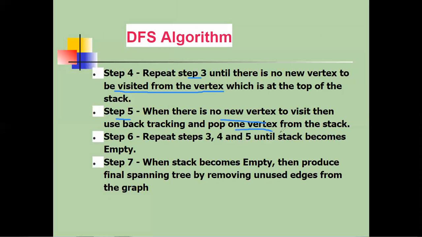Yes, this is a very important step when we are using a stack data structure. Suppose we took a particular vertex and all its adjacent vertices have been visited, then we need to decrement top by one, that is called backtracking. This word I am using every time. So what is backtracking? Once a vertex is visited and all its adjacent vertices are visited, then to go back to the previous node we need to do backtracking, and that is done only using a stack.